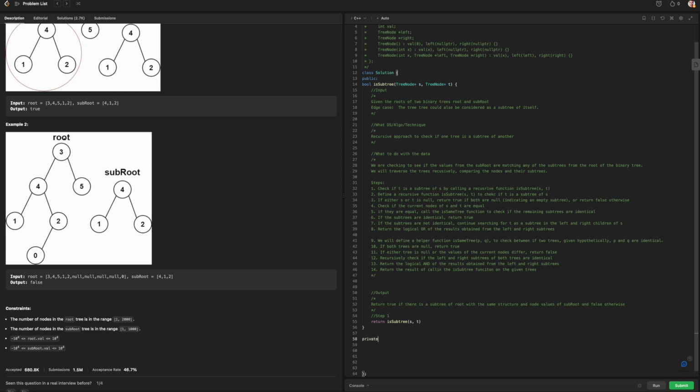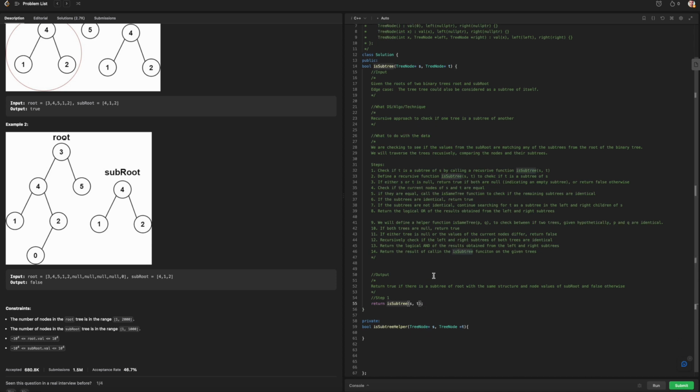So I'm going to create this first recursive call function of boolean isSubtreeHelper, TreeNode S and then TreeNode T. Make sure it's all spelled correctly. Then we will do